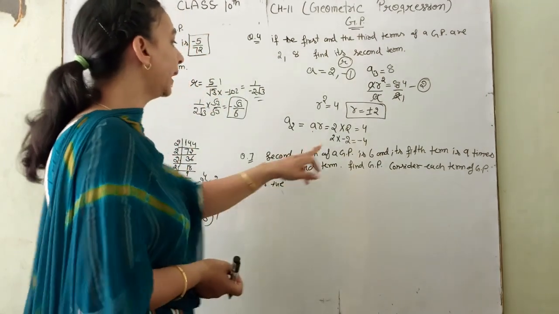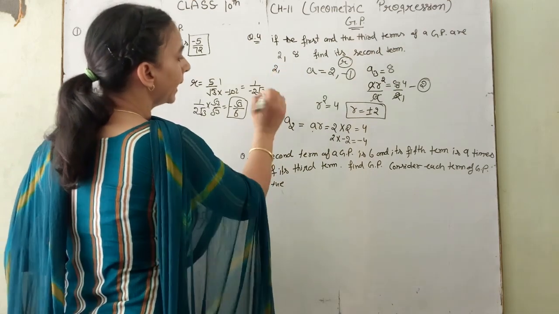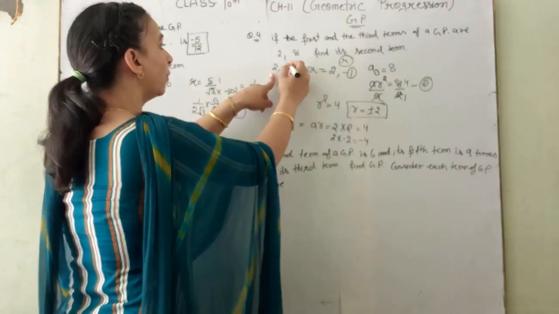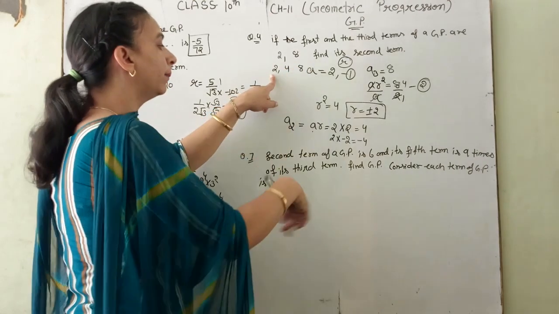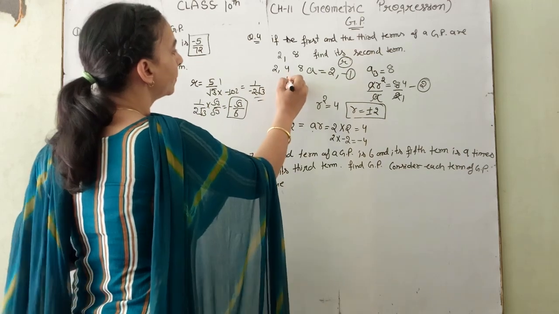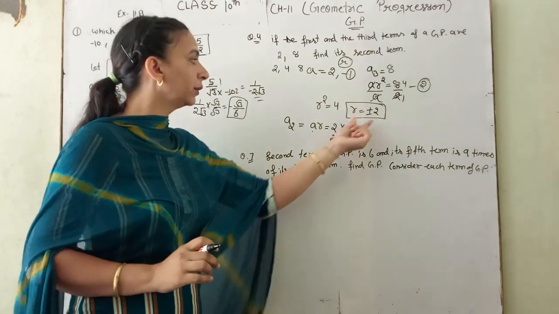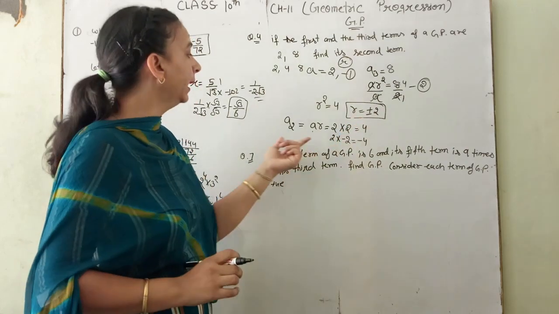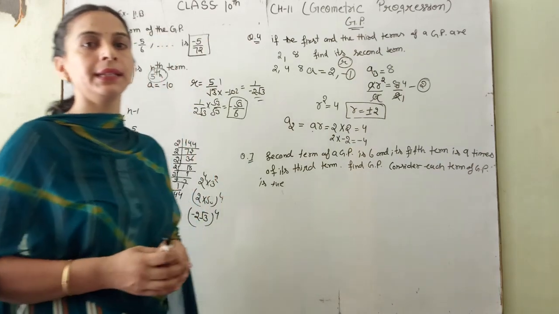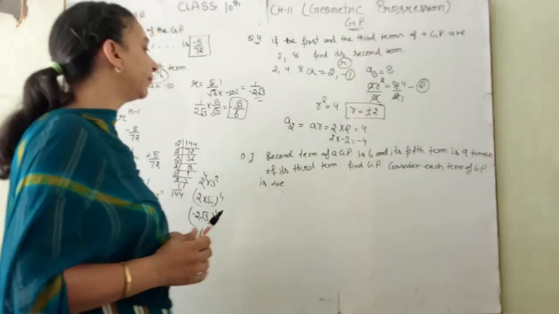Student, the first term is 2. With common ratio plus 2, the second term is 4, then 8. But if the common ratio is minus 2, then 2 times minus 2 is minus 4, and then minus 4 times minus 2 gives 8. So according to plus minus r, one time the second term is 4 and one time the second term is minus 4. Okay. Then next, question number 7.